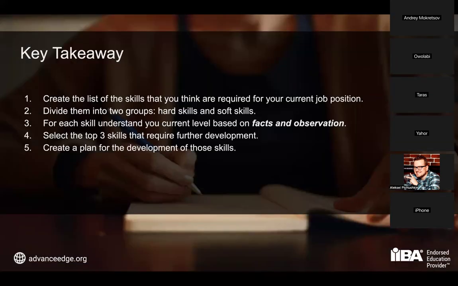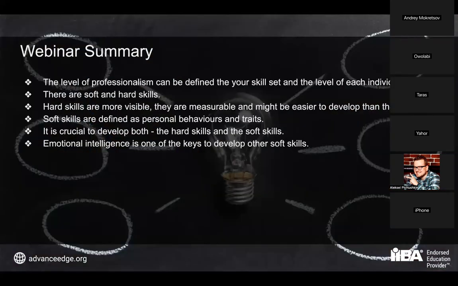So the key takeaway here: probably you can make a list of those soft skills that you understand you are great in, right? And it is based on the facts and your observation from your work experience. And probably look back at your work experience, find some situations where you could have done better, and focus on those soft skills that you probably should develop more. This is it. So today we have covered the level of professionalism, talking about junior, middle, and senior professionals and how they can do the same activity differently and how much supervision of a manager or of somebody else is required depending on the level of a person.